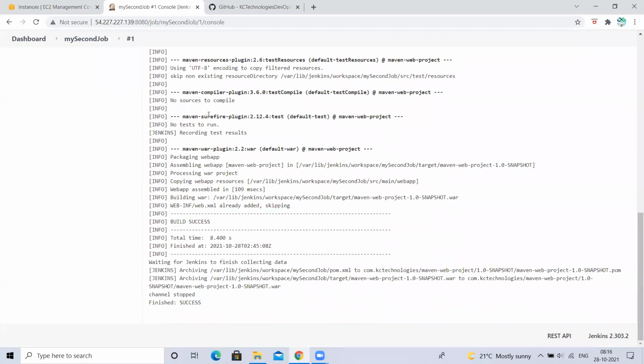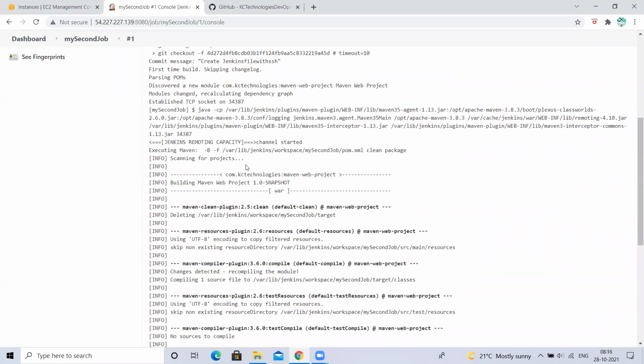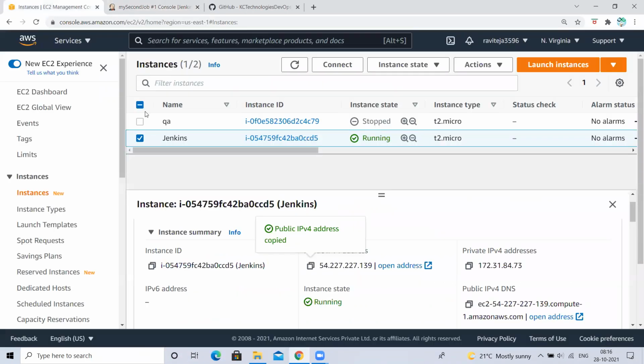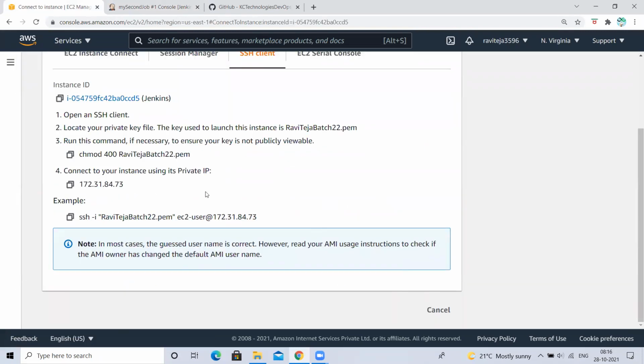Now tell me why it is not pulling the dependencies. Actually, it has to pull the dependencies, right? Why is it not pulling? Because maven has a local repository, right? Whatever machine I have here, this also will have maven under the user home directory.